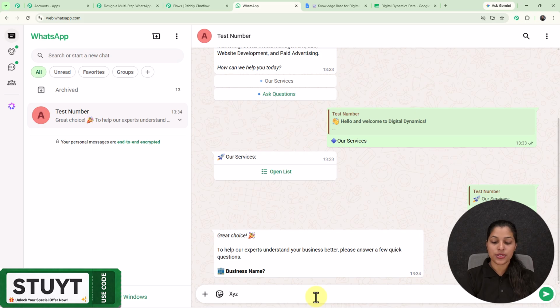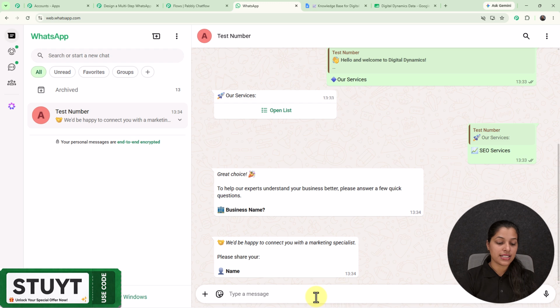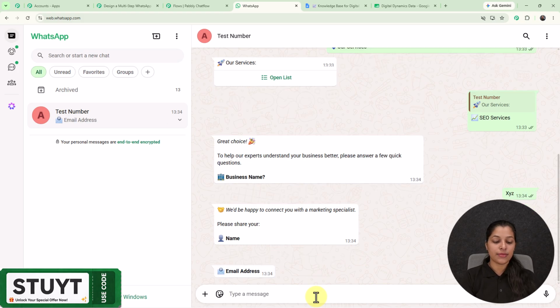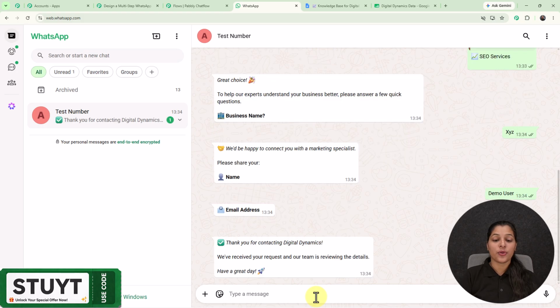So here I'm going to enter it as XYZ, and as I have provided my business name, it is asking me to enter my full name. So here I'm going to enter my full name as demo user, and as I have provided my full name, it is asking me to enter my email address. So here I'm going to enter my email address as demo@pabblytudes.com. So here I'm going to just enter it, and as I have provided my email address, I'm getting this